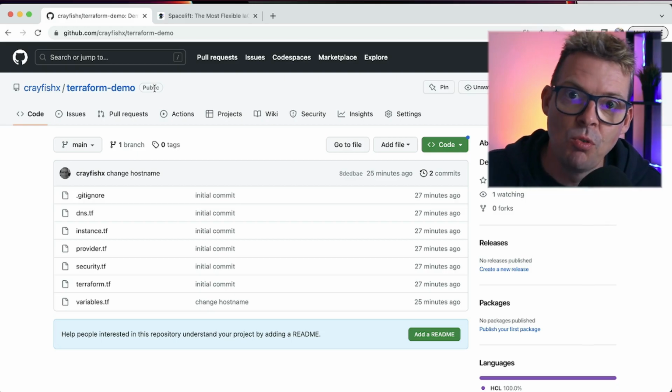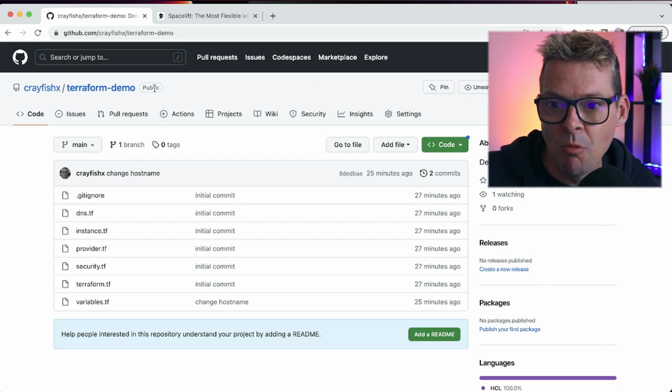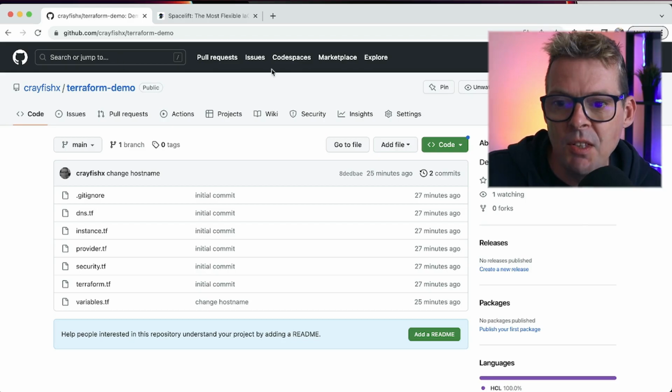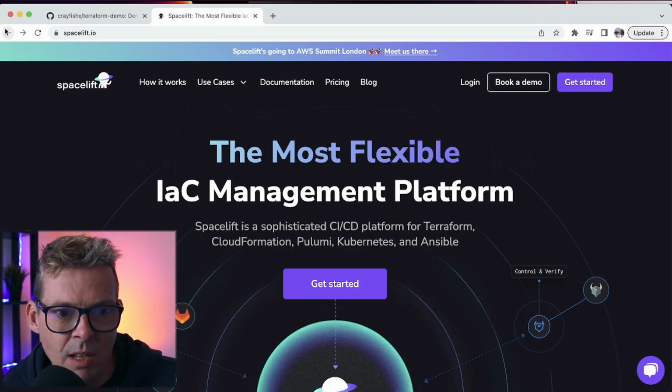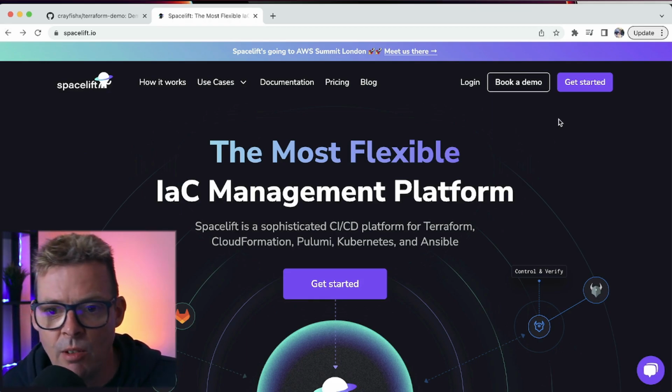So what I've done is pushed all that Terraform code up to GitHub. It lives in a repository called Terraform demo. And this is the repository that I'm going to connect up to Spacelift. So now we're going to head over to the spacelift.io website, and if we click over here on Get Started,